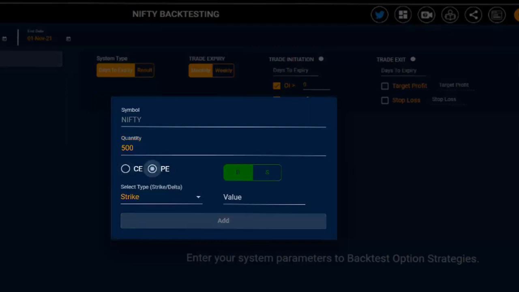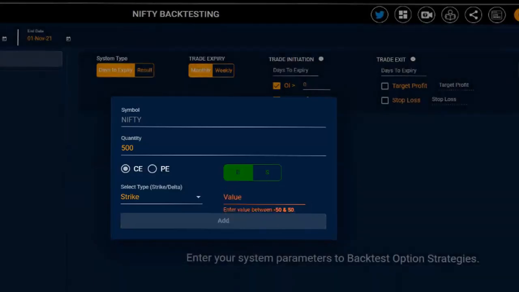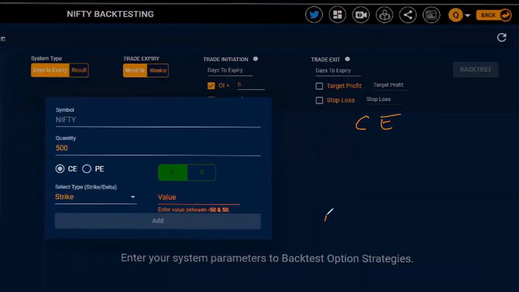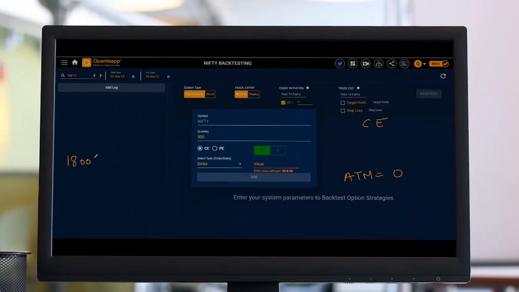Then we need to give input about call or put option. So let's say call. In the call option, there are certain inputs which are needed when we select strike over here. We can buy or sell that option. So first let's understand the value input which is needed if we select call. If we select an at the money call option, we will type 0 over here. So let's take an example. If 18,000 is my at the money, we will type 0 in this scenario for call option.